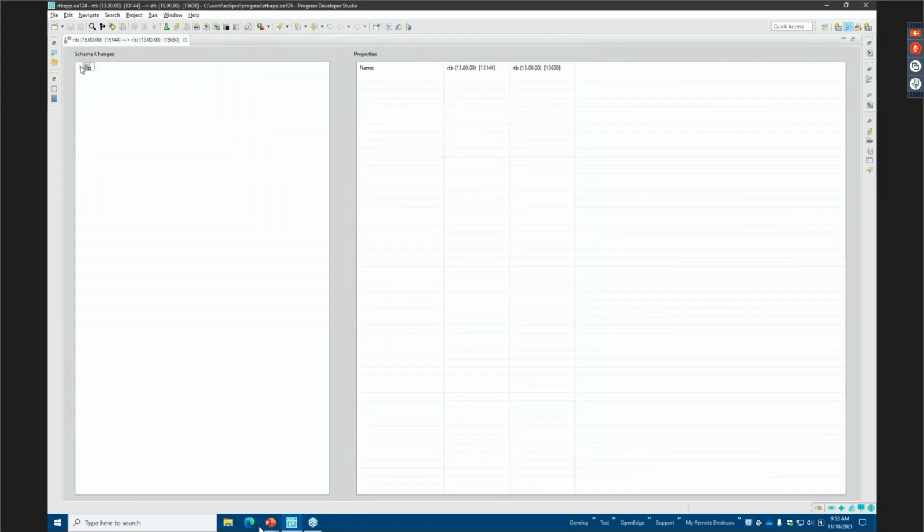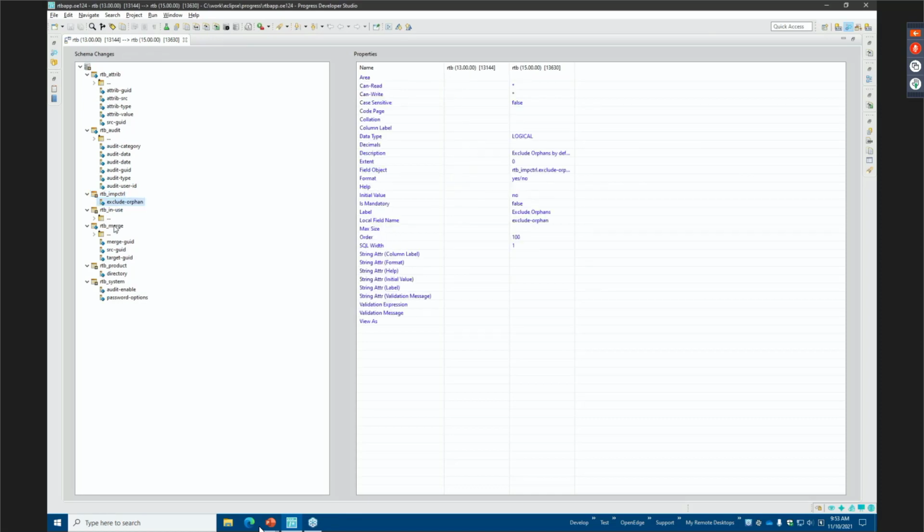So instead of having to compare incremental DFs, I can visually compare the differences between those two versions of my database schema. I can see the tables that were added. I can see tables that were modified because a new field was added, and so forth. And with each of the fields, you can actually see the differences. All these are adds, so it's not that crazy.